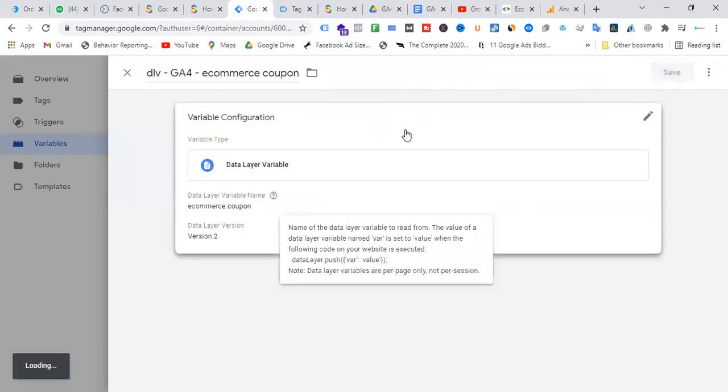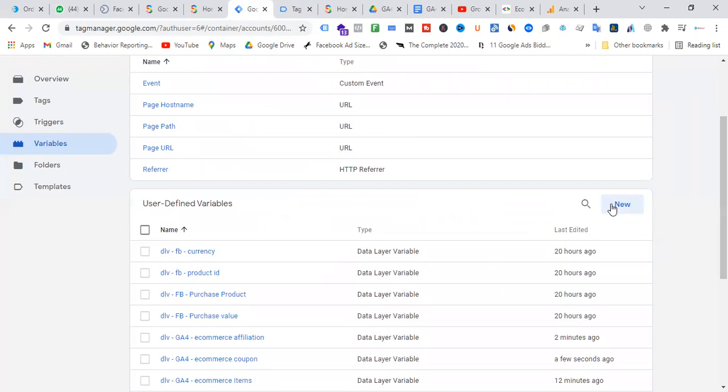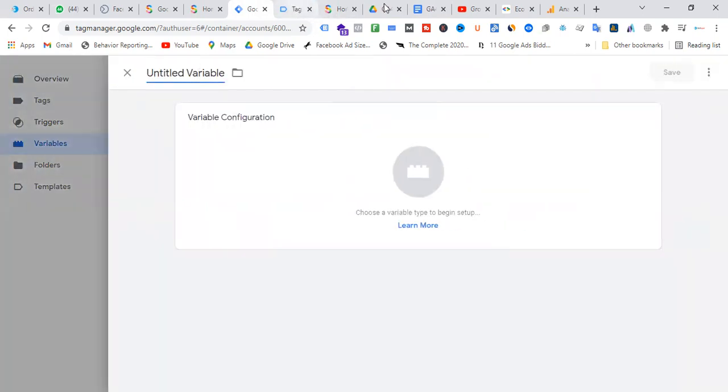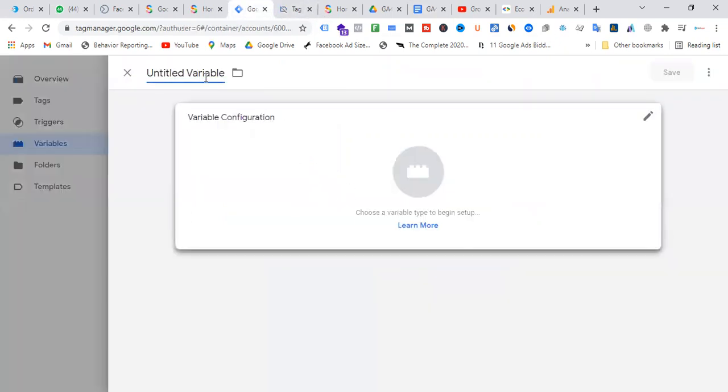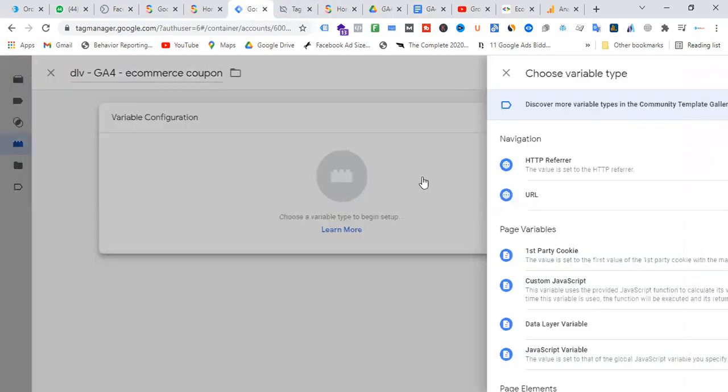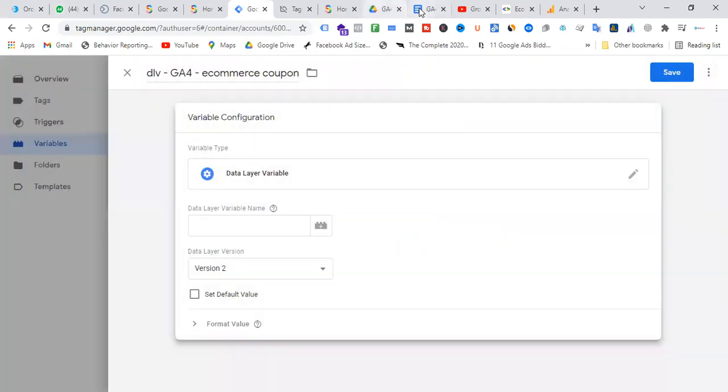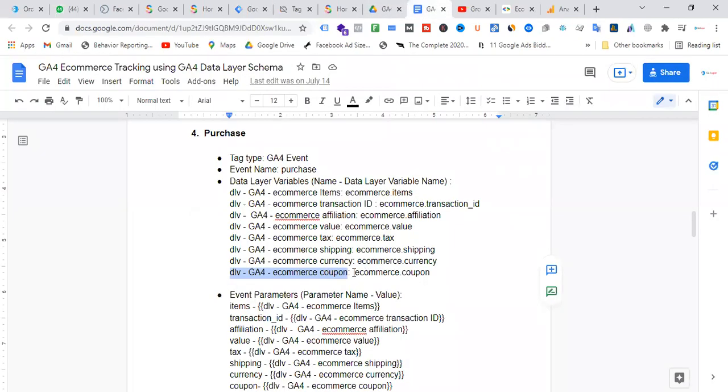As well as, we have to select the currency as well. So how can we do that? Currency. Okay, now just select it, data layer variable and currency.